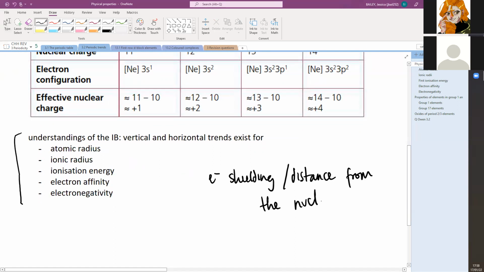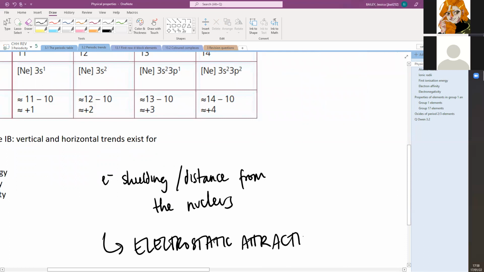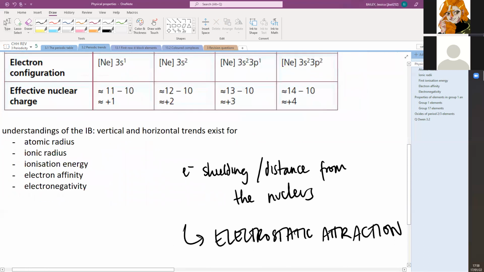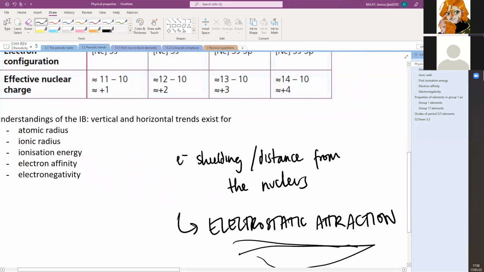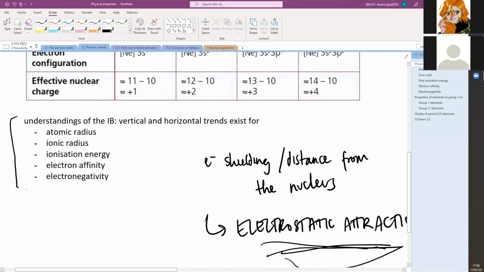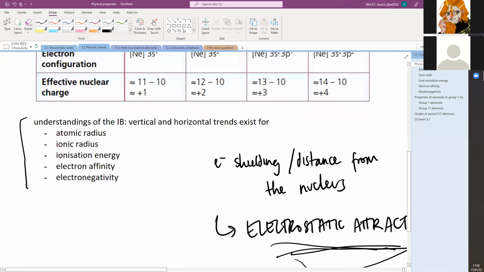And so that all just falls under the umbrella of electrostatic attraction. So just always mind what's the electrostatic attraction that's going on here? And if it's high, then it has certain properties. And if it's low, it has certain properties. But they'll always link back. The reasoning will always link back to electrostatic attraction for pretty much all of these trends that you have to